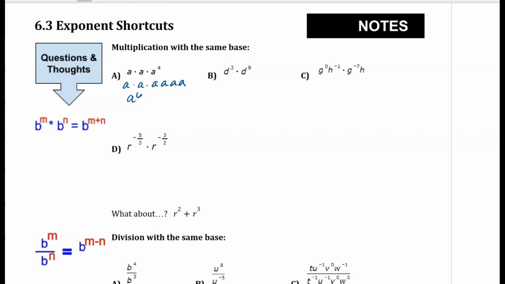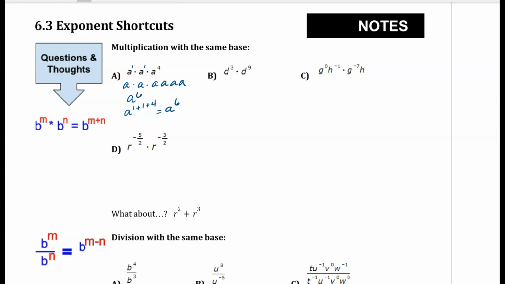If I have a factor of A, then the power on that is a power of 1. We don't usually write the 1. So my next factor of A also has a power of 1. So if I want to know how many factors of A I have altogether, I can just add the exponents. A to the 1st power plus another A to the 1st power plus an A to the 4th power. And if I add those exponents, you see that I get A to the 6th. So that's our shortcut. As long as we have the same base and we're multiplying, we can add the exponents